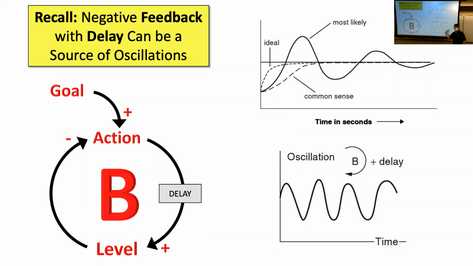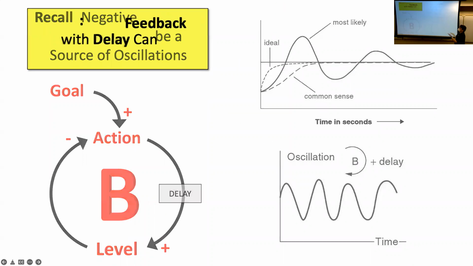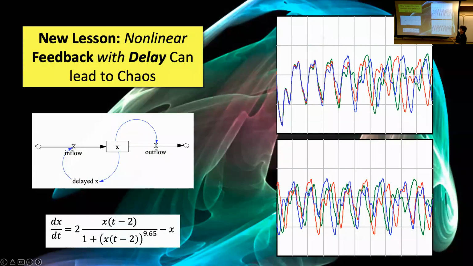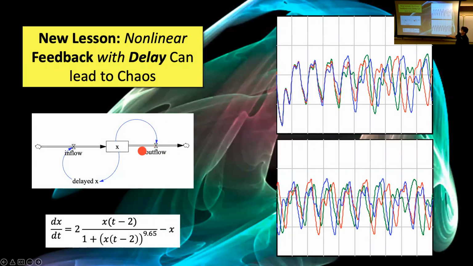So delay can be a source of oscillations. But in the simple systems we looked at, the delay term wasn't that important. It eventually all settled out at the same spot, but the transients looked a lot different. Well, in this type of chaotic system, this Mackey-Glass system, our lesson here is that if the delay is particularly bad with respect to the dynamics of the system, then the system never can quite catch up with itself.